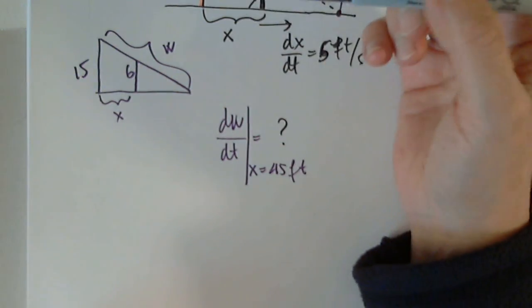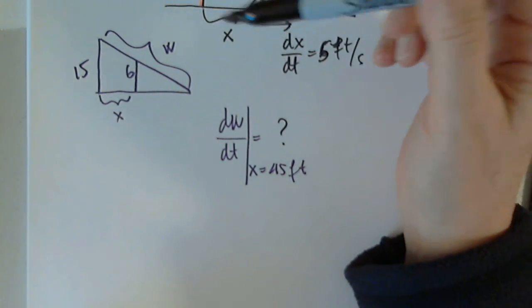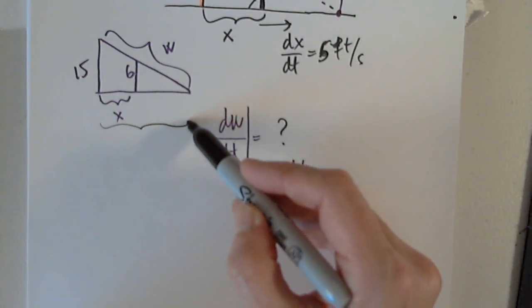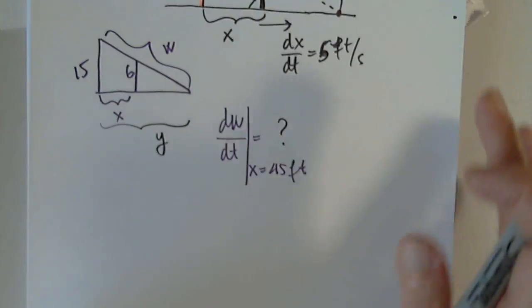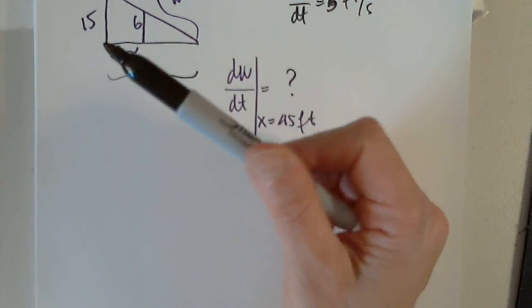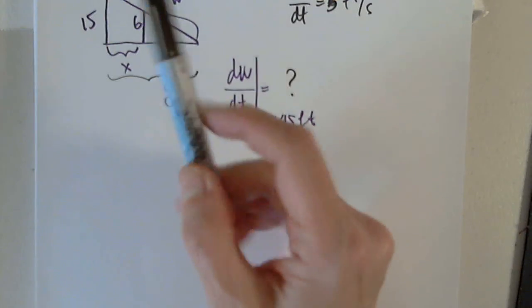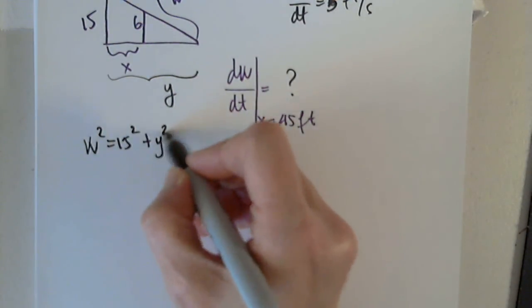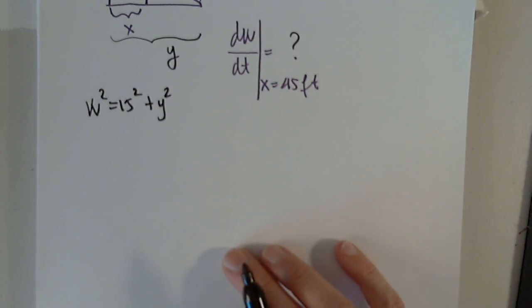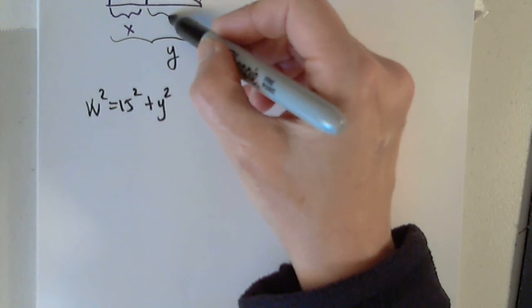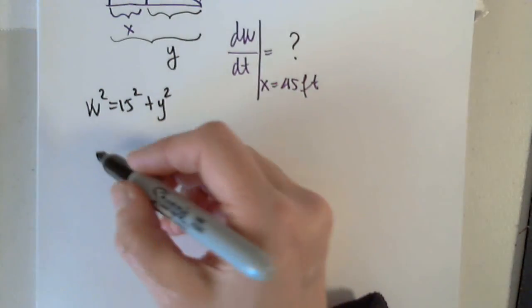I have to make sure that I used everything. Okay, so I'm going to also call this y. And let's see what we come up with. I also know that w squared equals 15 squared plus y squared, the Pythagorean theorem. I also know that y minus x,